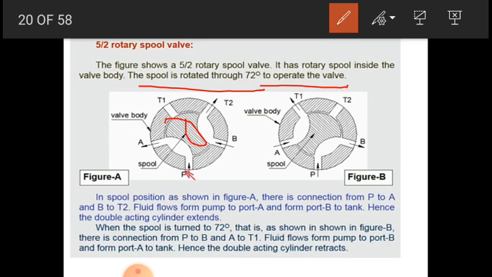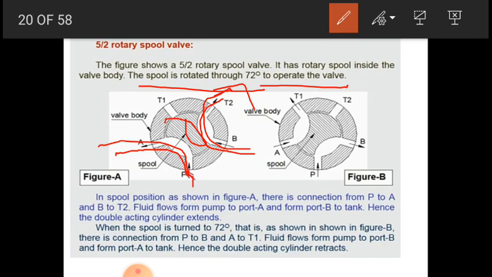In the spool position as shown in figure A, there is a connection from P to A and B to T2. Fluid flows from the pump P to port A and from port B to tank T2. Hence the double acting cylinder extends.